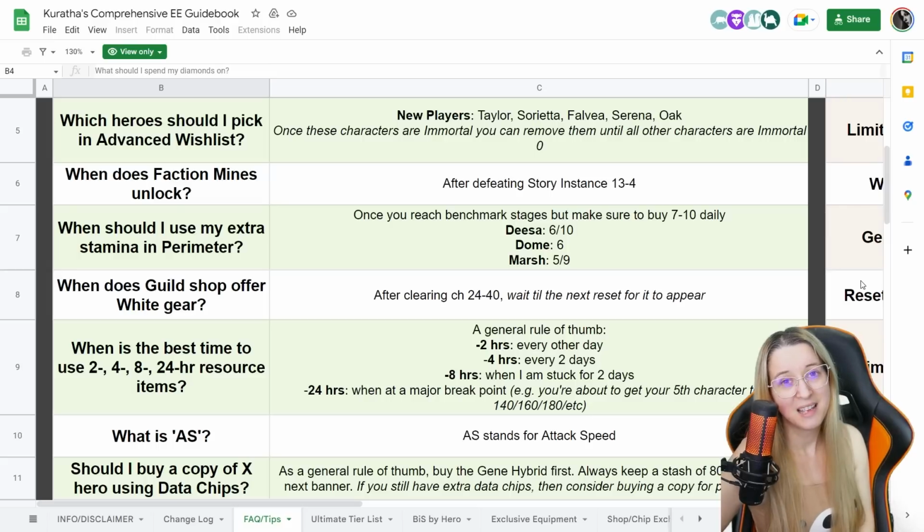I personally never started using my extra stamina until I got to the last level. Like 15. Except Terradome was really hard to farm 15, so I farmed 14 for the longest time. I didn't use any extra stamina until I got to 15. That's just me, but definitely once you at least get to 10 for Disa Caves and you can get the white gear, farm a little bit extra.